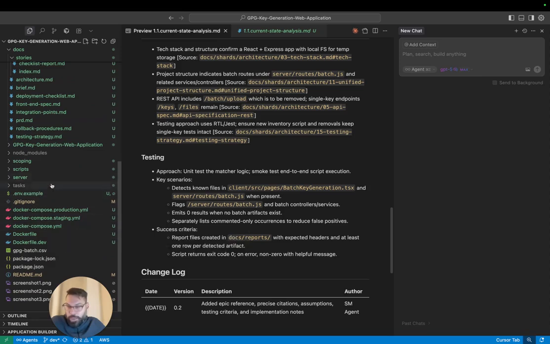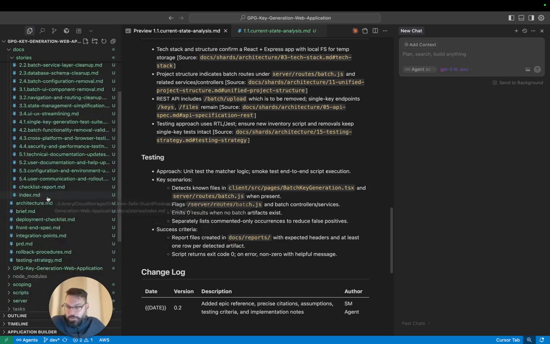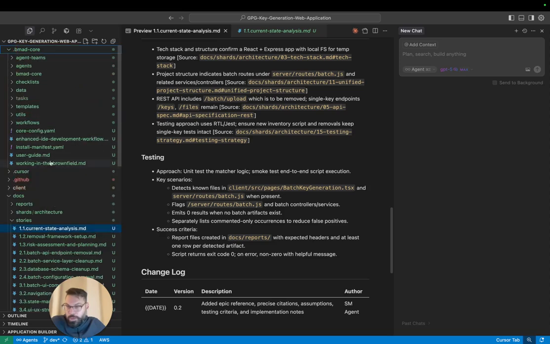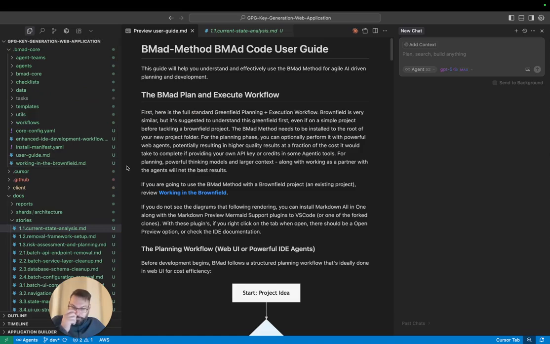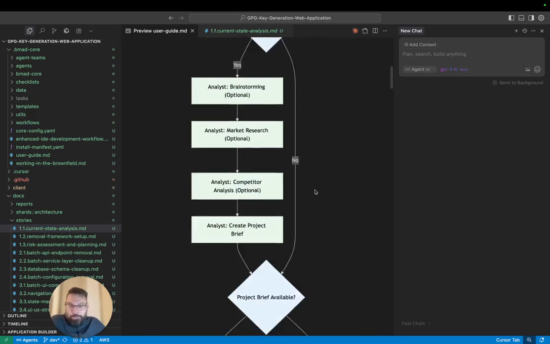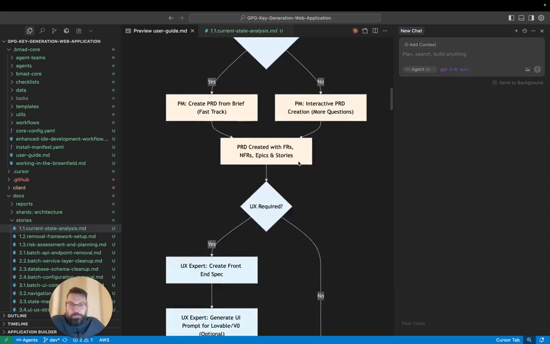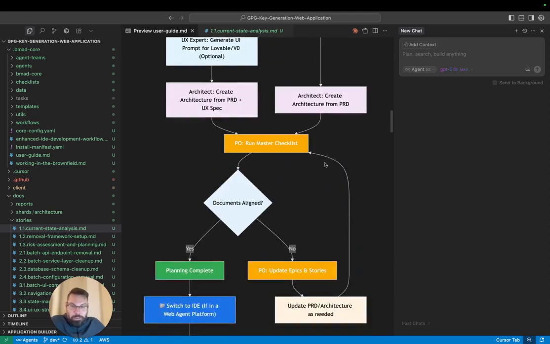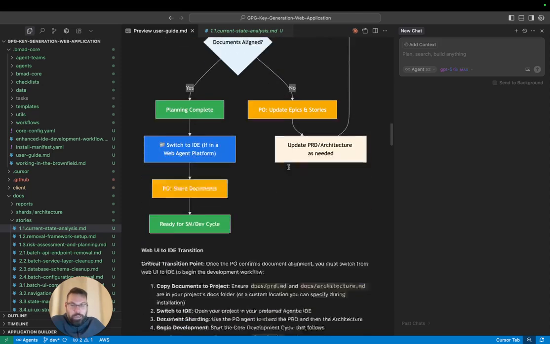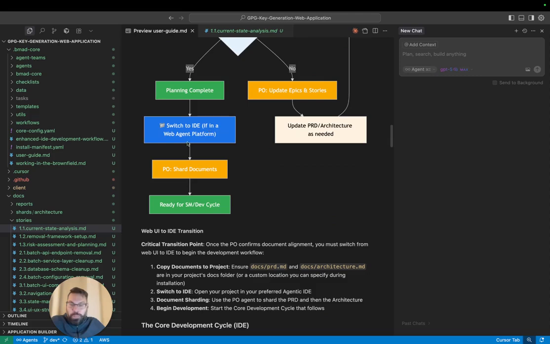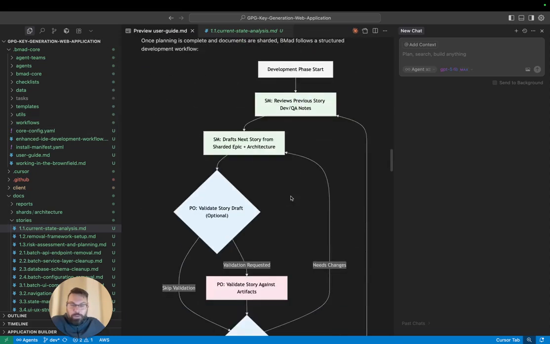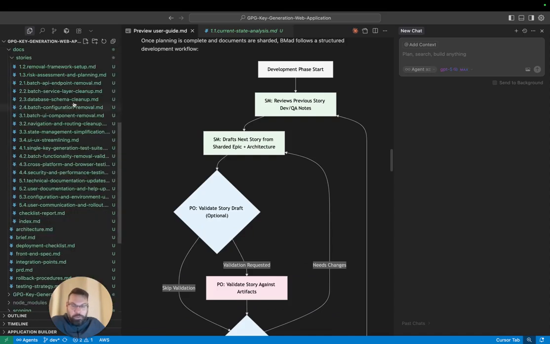So let me go back to the diagram to show you in the BMAD user guide. After our analyst with our project brief, to our UI expert, to our architect, which created an architecture document, to our project owner, which validated everything, and then we handed that off to be sharded, so they're smaller files so that they can fit inside our context window. We hand that off to our Scrum Master, who created a bunch of stories for us to hand off to